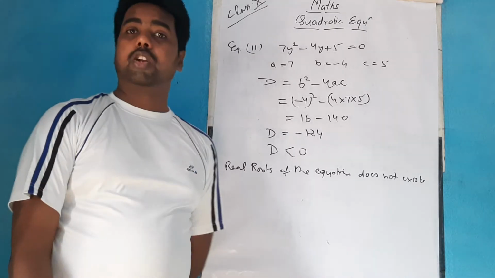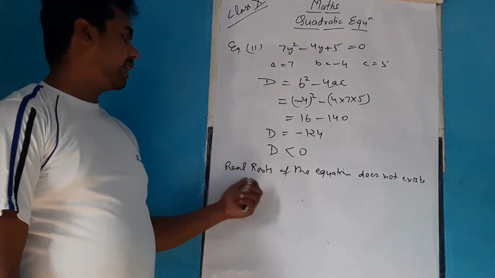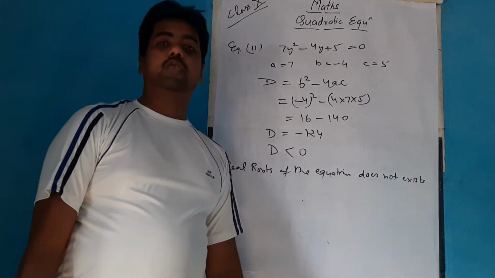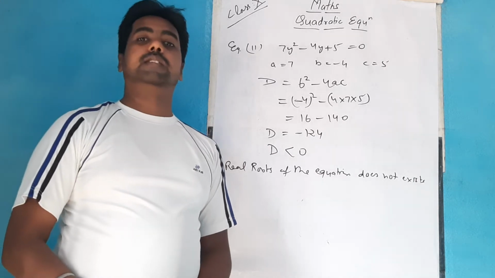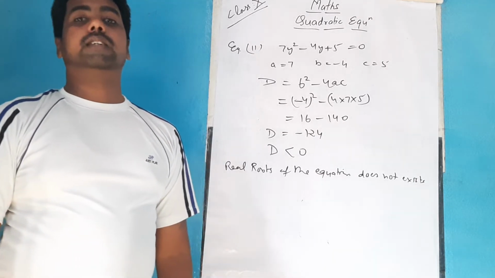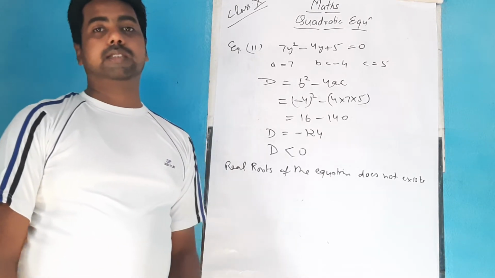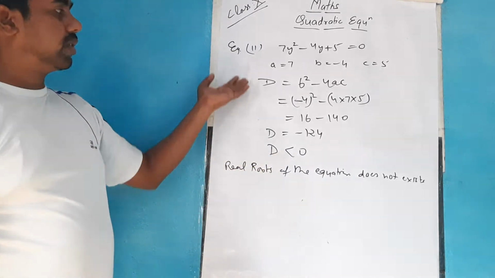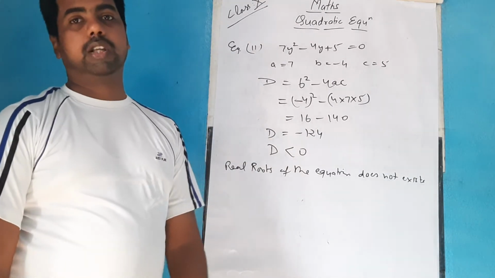Roots can be real or complex also, so they cannot say only roots. They will write it as real roots of the equation do not exist in the case when you get the value of d as less than 0. So whenever it is asked to find the nature of roots and to see whether they exist, first get the value of d. That d will decide whether you are going to proceed further or not.